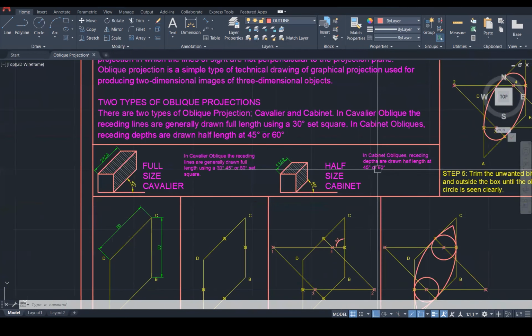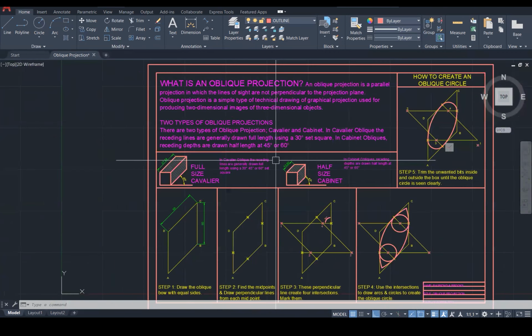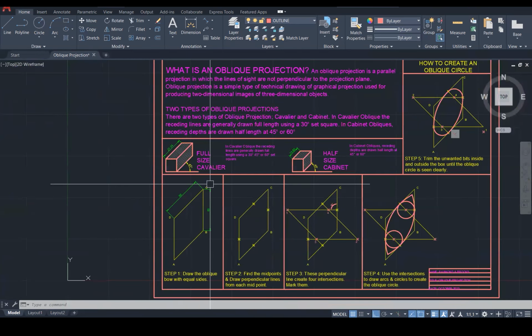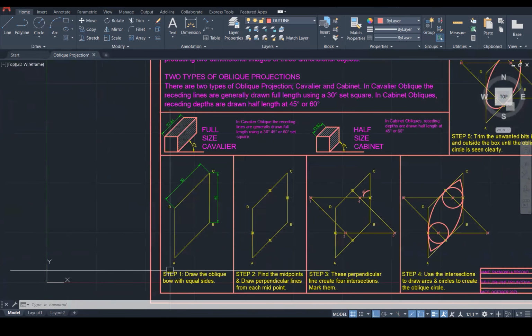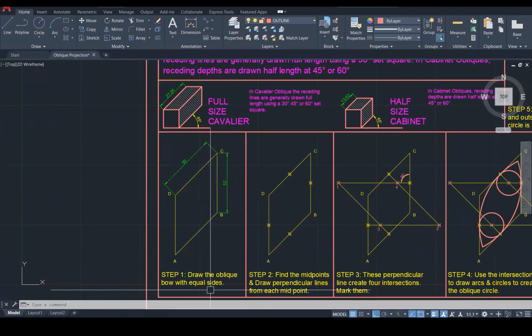Another thing that we need to learn is how to draw an oblique projection circle. This is quite similar to the isometric circle, but it adopts different principles. The similarities are you create a box with equal sides. So let's look down here at this example where I'm going to go through with you how to create an oblique projection circle